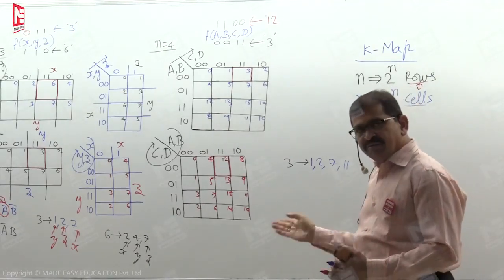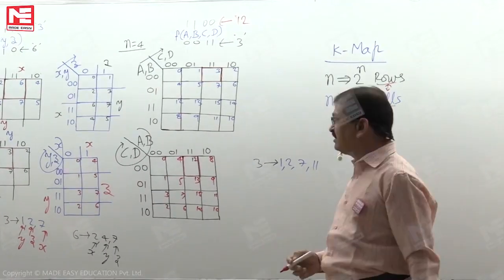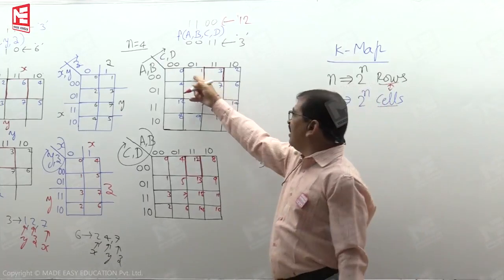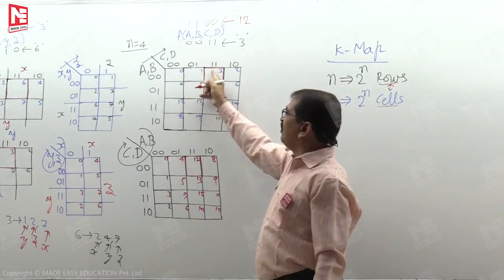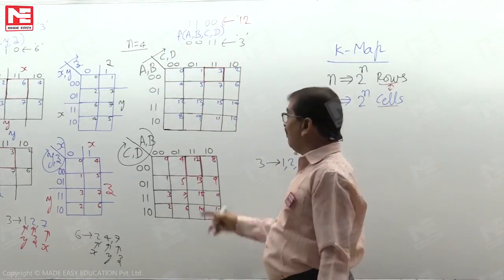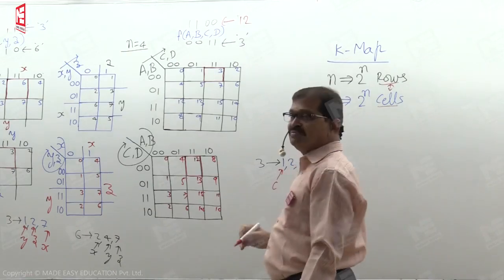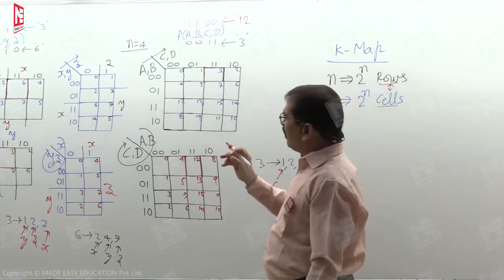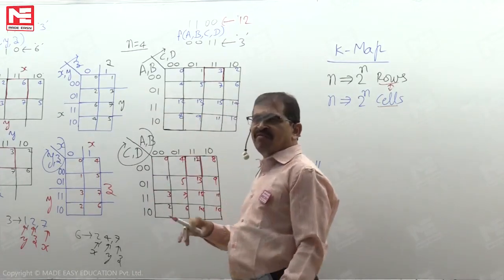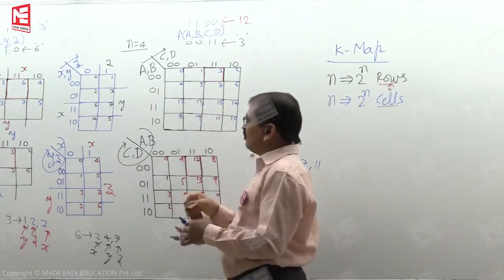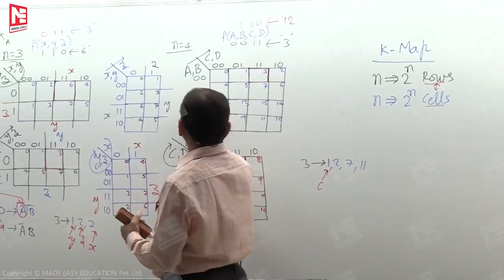And if you check each one of these cells with reference to this cell 3, with respect to which variable they are adjacent cells. One is an adjacent cell, we can look at it as a different variable C. While looking at the binary format, we are talking about a different variable C. So the binary format, as I said, you can use this sort of notation in every K-map format. So if you use the same sort of notation here, we are looking here,